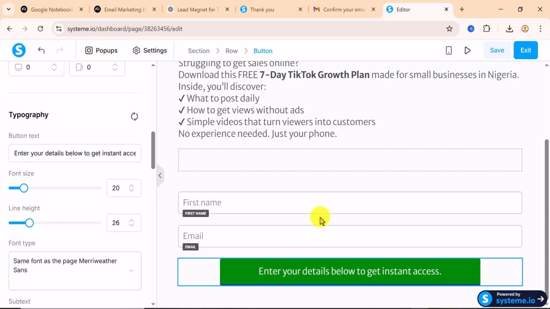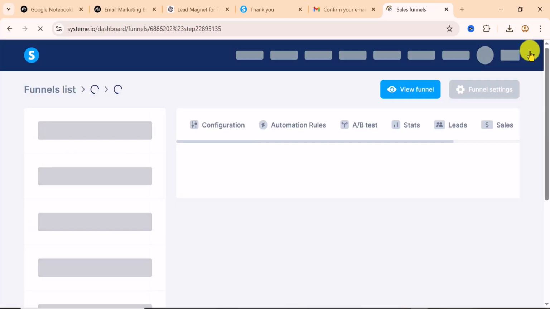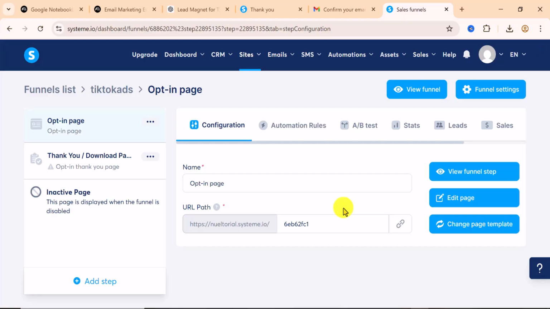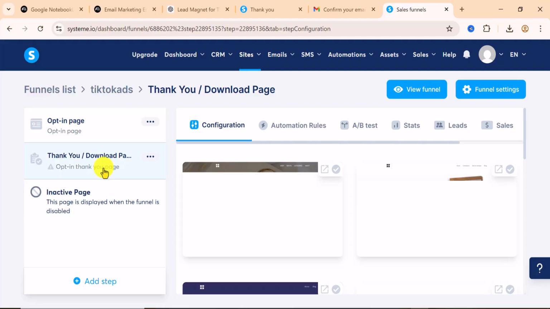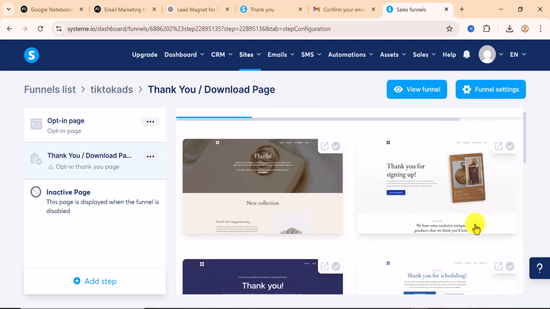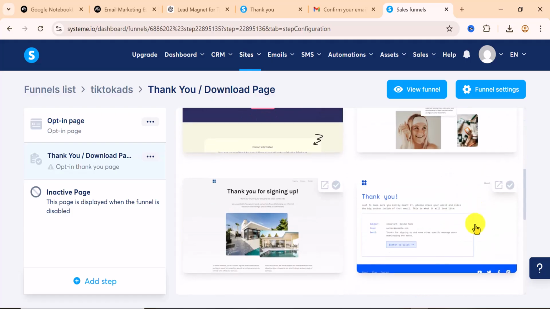So we have simply created a simple landing page, and once we are done, you come here, you click on exit. So our landing page has been created, and we can now come to the thank you page. So this is a simple basic funnel. As you can see, once you come to the thank you page, you have a simple thank you page